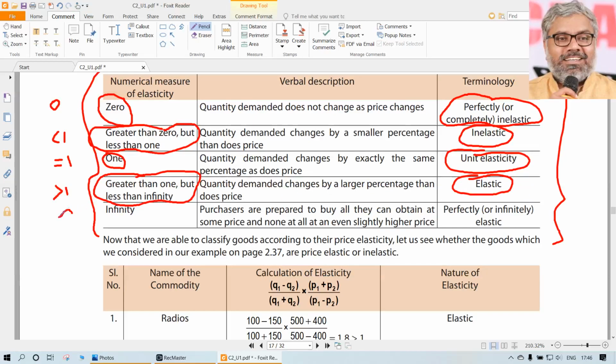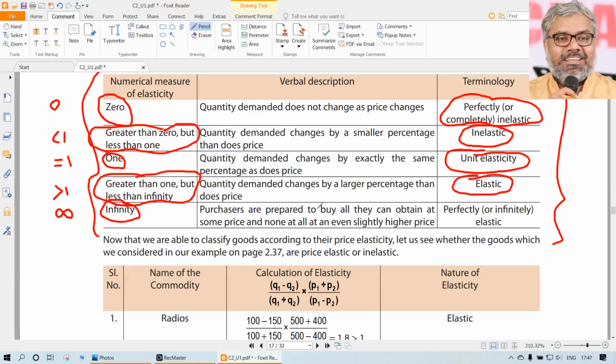If at all there is a percentage change in the demand but the percentage change in the price is 0, that means without even a change in the price the quantity demanded is fluctuating, which means the elasticity of that product is infinity, which, once again I'm repeating, is not possible practically. Only theoretically can we understand that. Even if you try to imagine applying it, you will not be able to do that. How can there be no change in the price but still an infinite change in the demand? How is it possible? Practically not possible. Theoretically only it is possible.